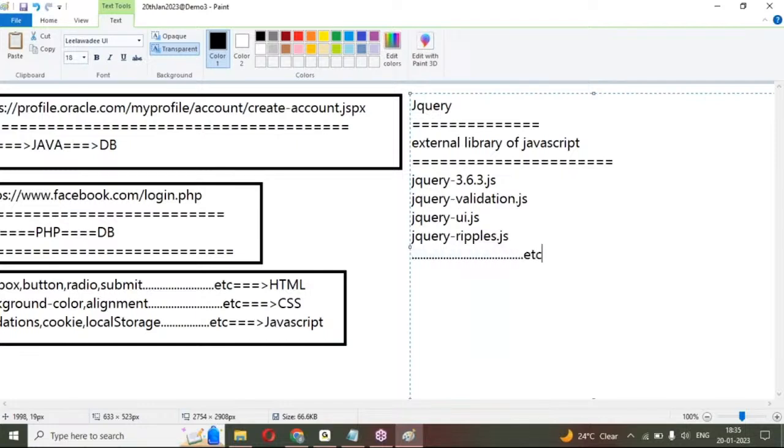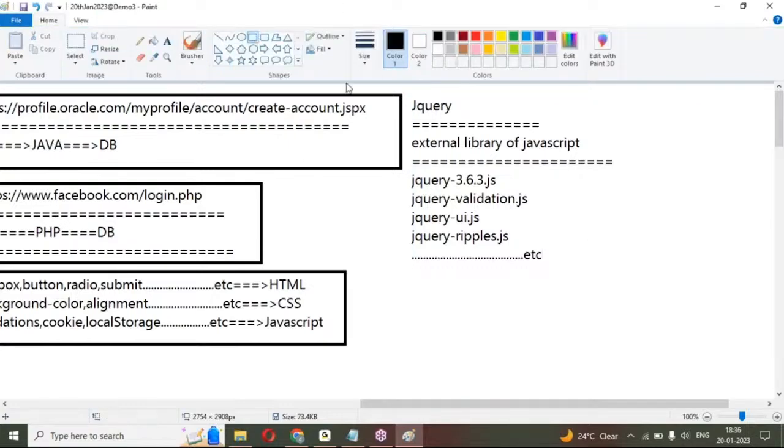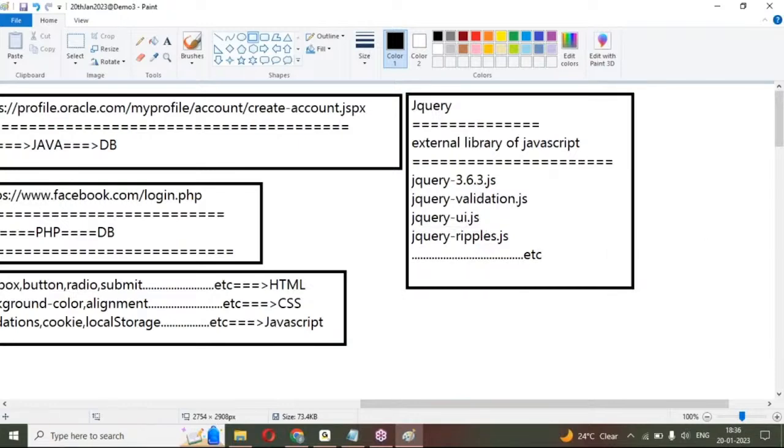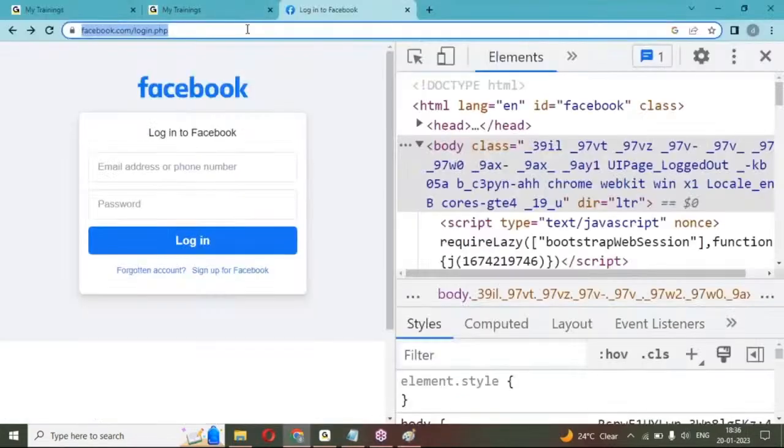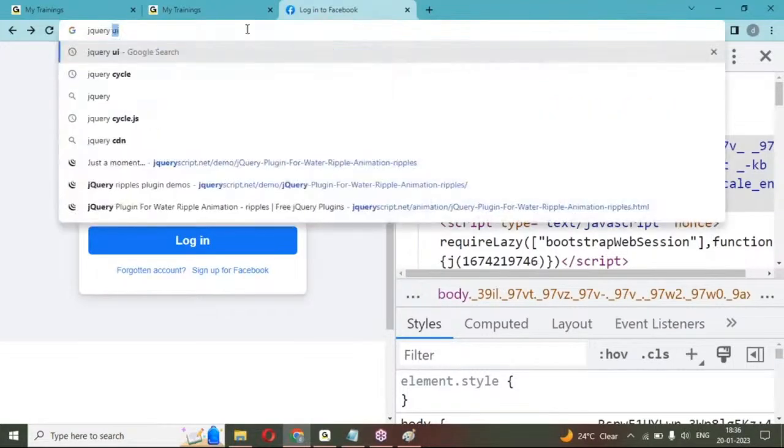All jQuery effects we can create easily with this. Very easily. We do not need to write complete JavaScript code. When you use jQuery, different effects we can create. Suppose you check here, jQuery